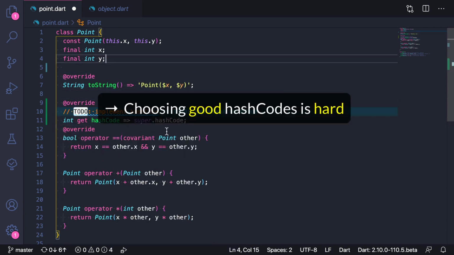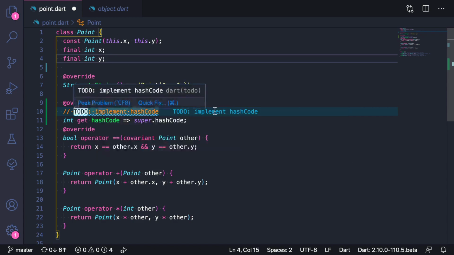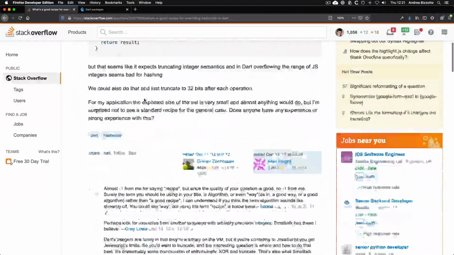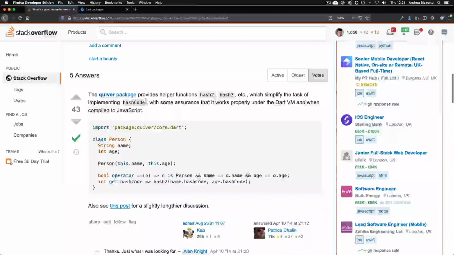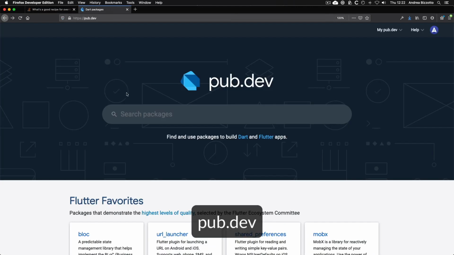Now, choosing good hashcodes is a problem that is not always easy to solve, and definitely not a problem that you want to solve every time you create a new type. And in fact, there is a whole thread about this on Stack Overflow. And the most upvoted answers suggest to use packages such as Quiver and the Equatable package that can solve this problem for you. So what we are going to do at this stage is to go to pub.dev,